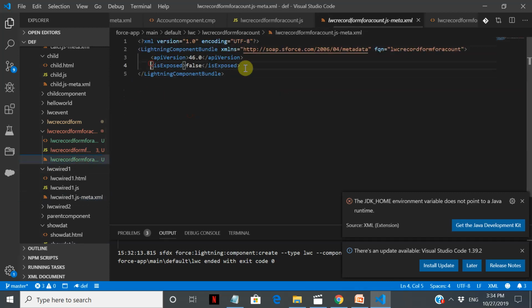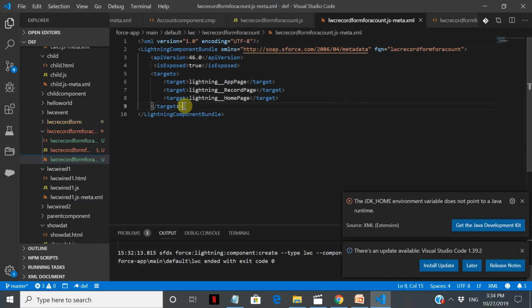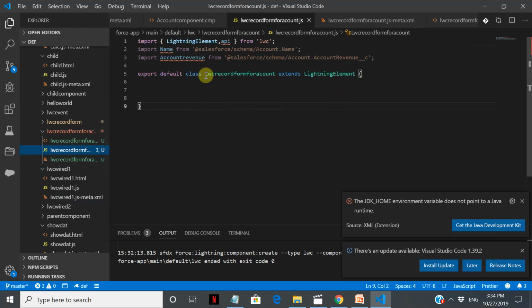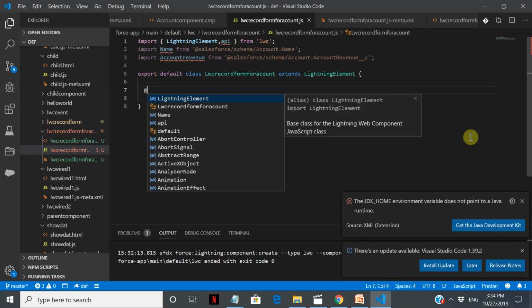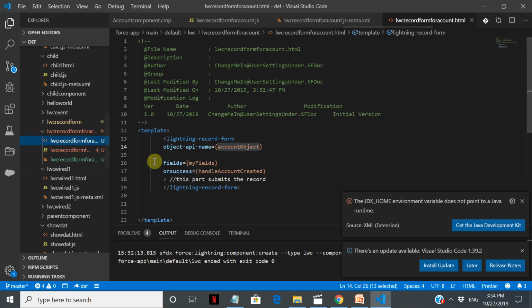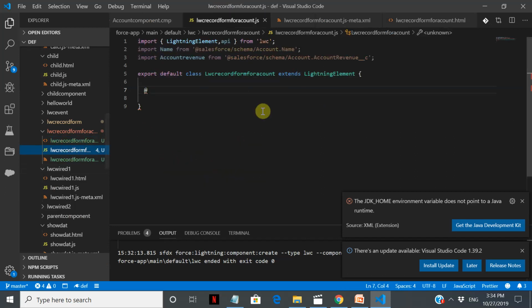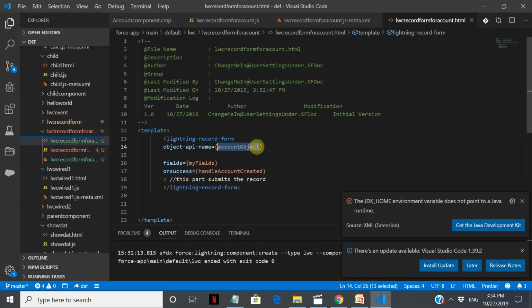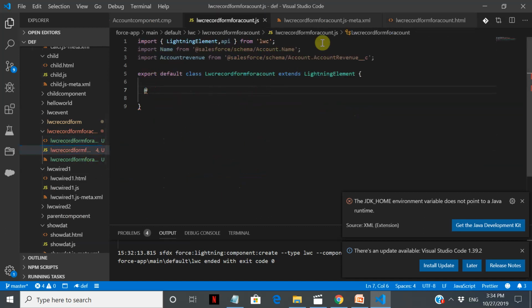So we just need to initialize a couple of variables here. So for that we have to say @fields. So if you come back over here, the next thing we have to initialize is account object and my fields. These two are not created yet. So let's copy it from here itself and let's create a variable. I'm creating a variable, so very minimal coding here, and I'm going to call it the rate API is equal to account. So this represents the account object, and the fields that I want is an array of fields.